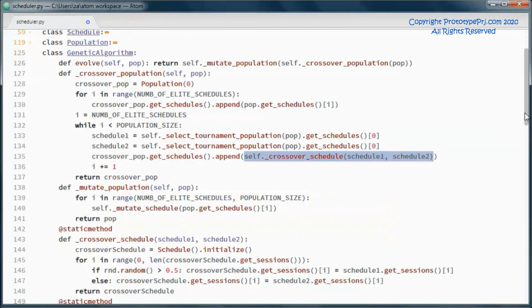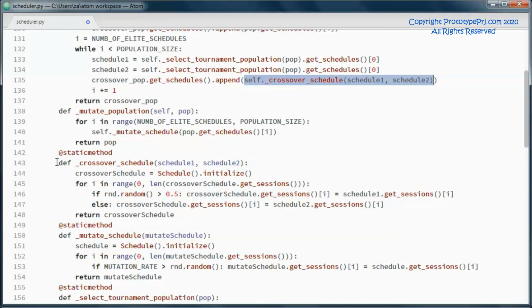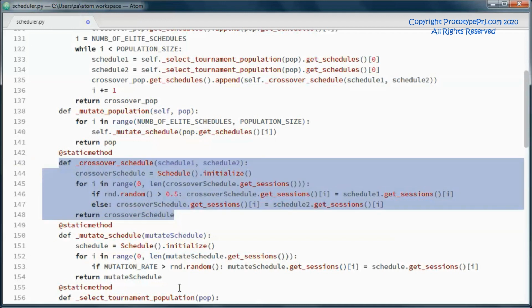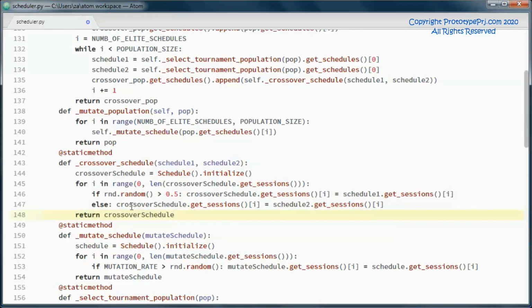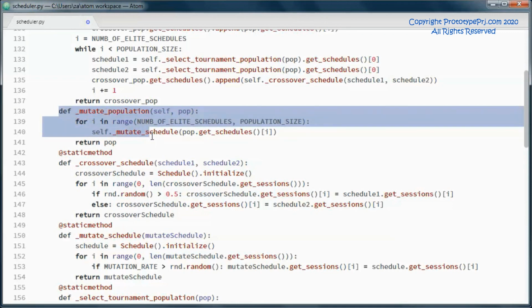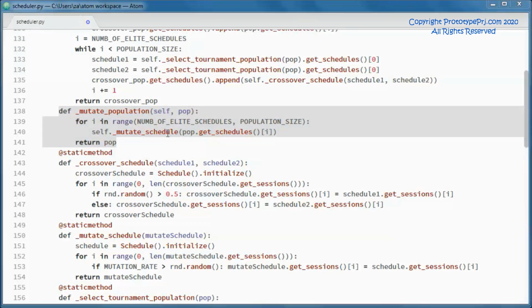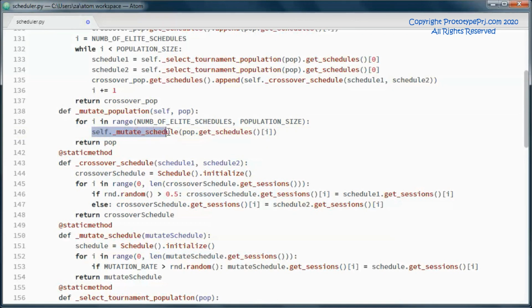So this method does the crossover of 2 schedules and returns a crossed over schedule. And this method does mutation on all schedules in the population, and it will end up calling this mutate schedule method for each schedule in the population.